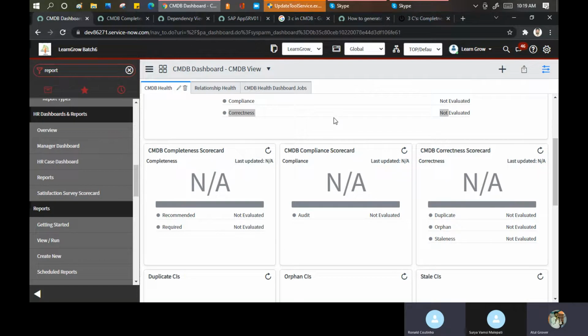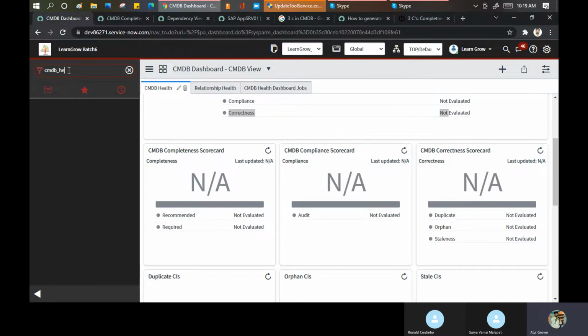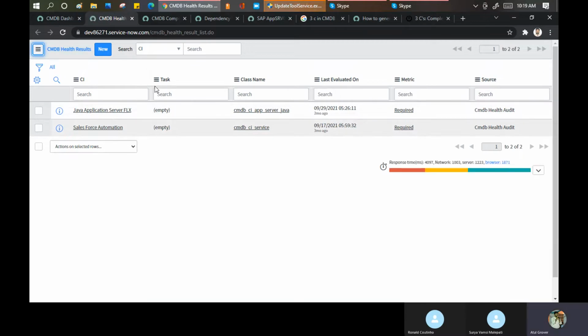Yeah, I was actually more interested in understanding how it measures compliance or completeness, because there are various parameters, right? Correct. So maybe if you go to cmdb_health_result.list, now you can see it is a table. We need to see from where this metric has been defined, because all the game is on the metric only. Metric, right. And then the source has this thing. So maybe you can open this table and see how they're defining and bringing the data.